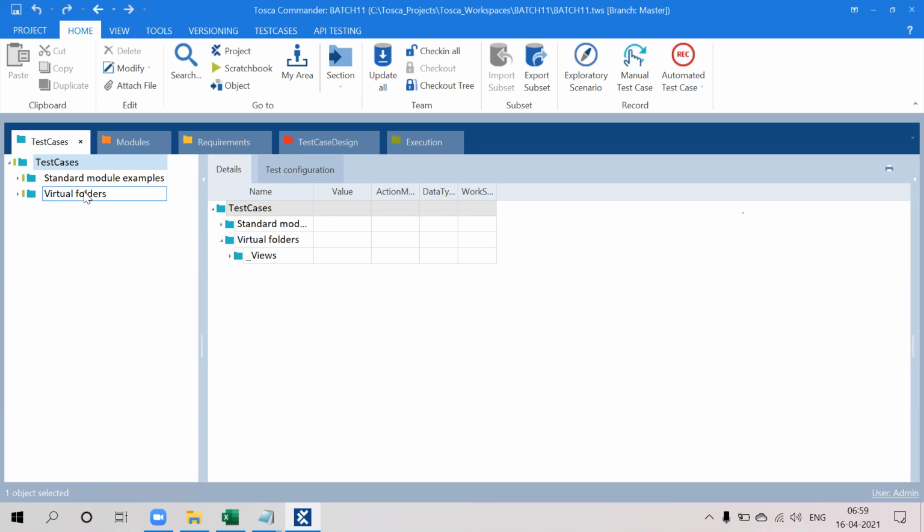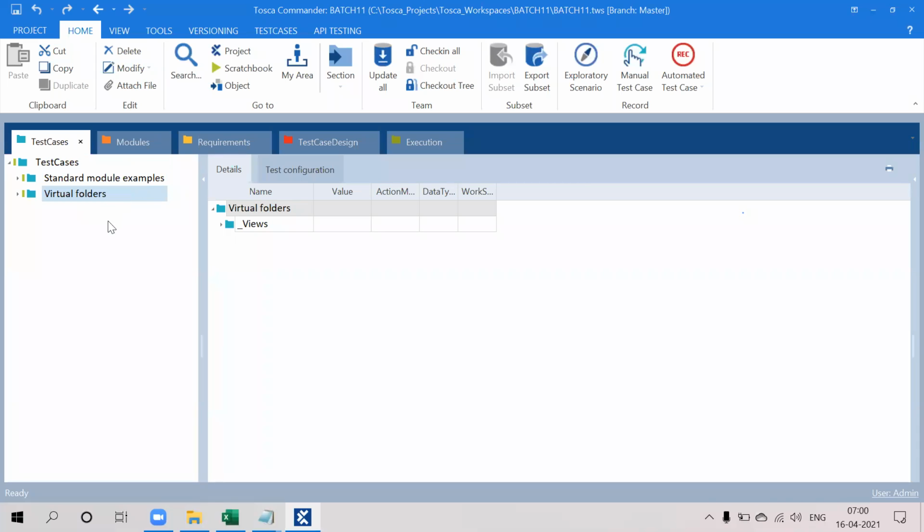Whenever you are working under a particular folder, only check out that particular folder. Don't do checkout tree on the root folder itself unless you require it. If you want to do the checkout, check with the other team members first, then do the checkout.